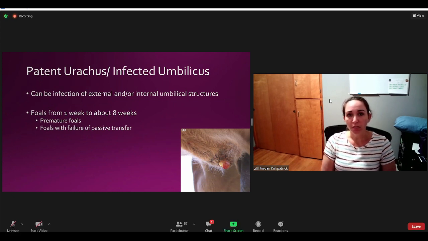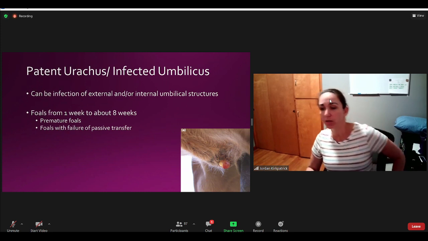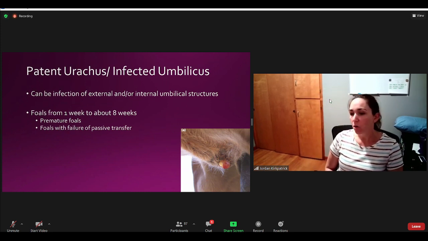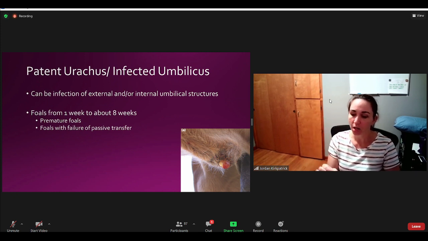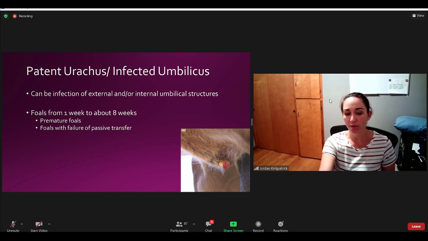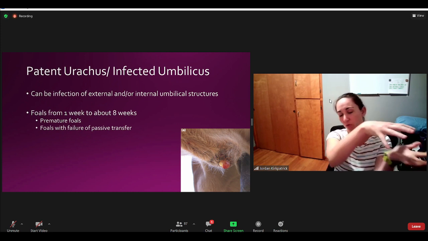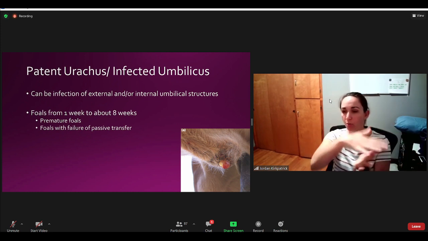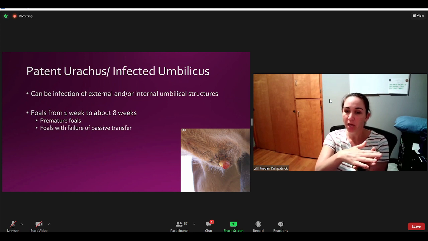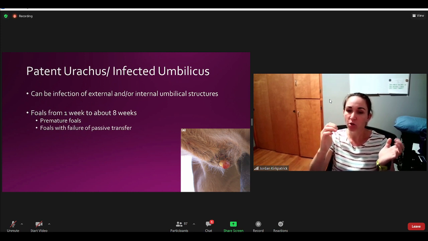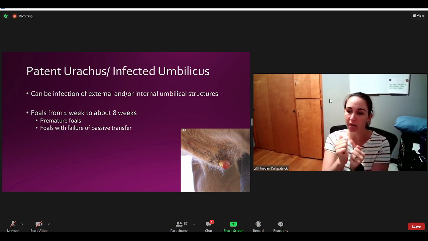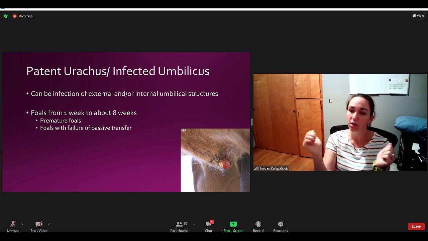Another condition that foals can get, it's related to the question, why are they more common in colts? Because colts have a long, narrow urethra, there's pressure when the mare gives birth. As the foal's coming out of the birthing canal, there's more pressure on the foal's abdomen. And since their urethra is so long and narrow, there can be so much pressure that the urine can't get out of the bladder if it's full because it has such a long passageway to go, and then the bladder